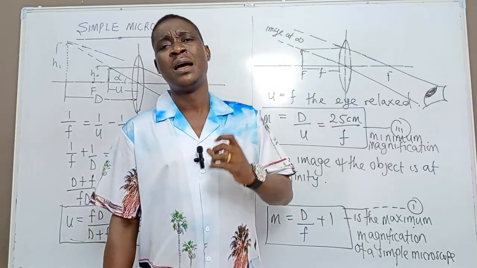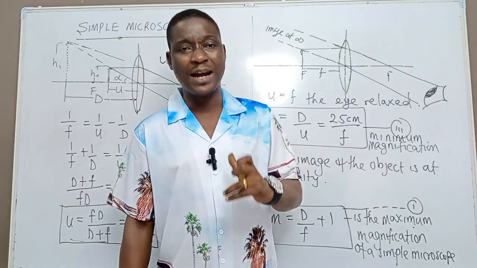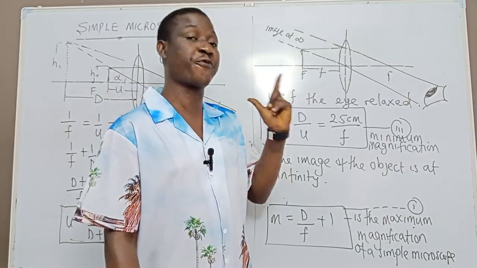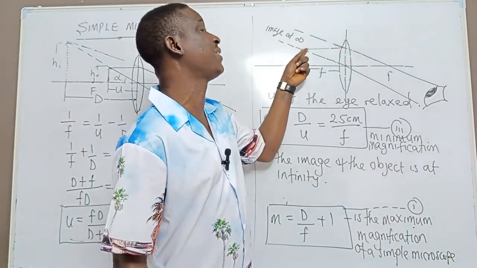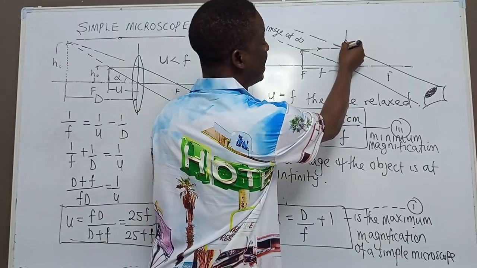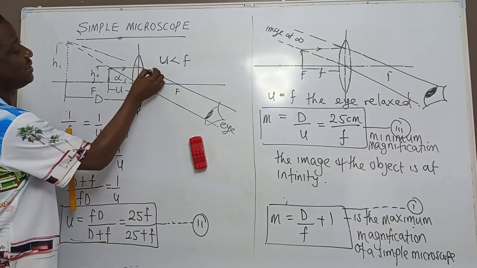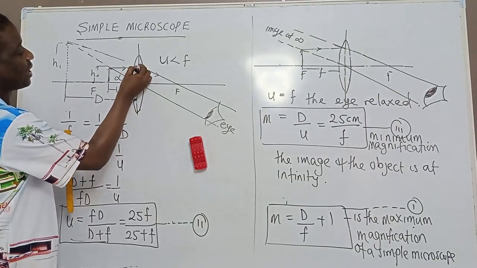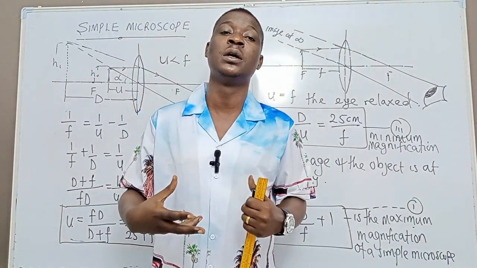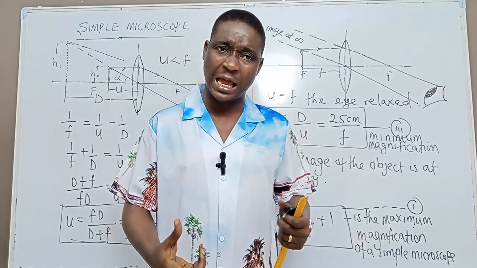My name is Engineer Halidi. I believe I've been able to explain some basics about a simple microscope. Don't forget, the principle upon which it operates is the principle of refraction, because after the ray of light hits the lens, it bends, it refracts. So if they ask you in the exam what principle we use to draw or analyze a simple microscope, you just tell them